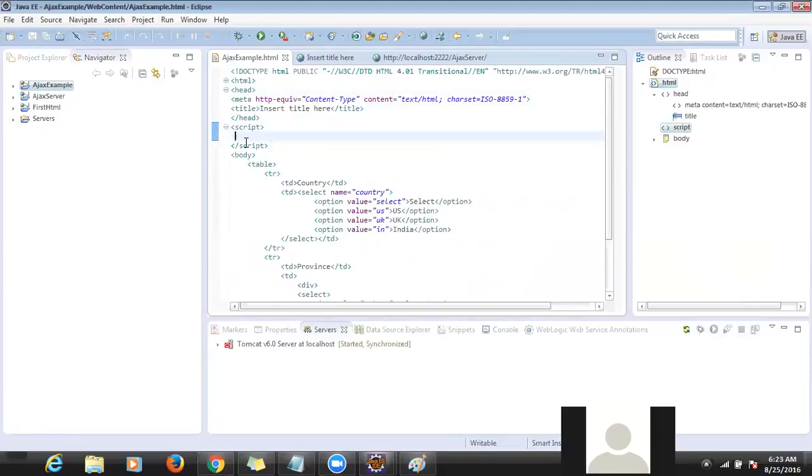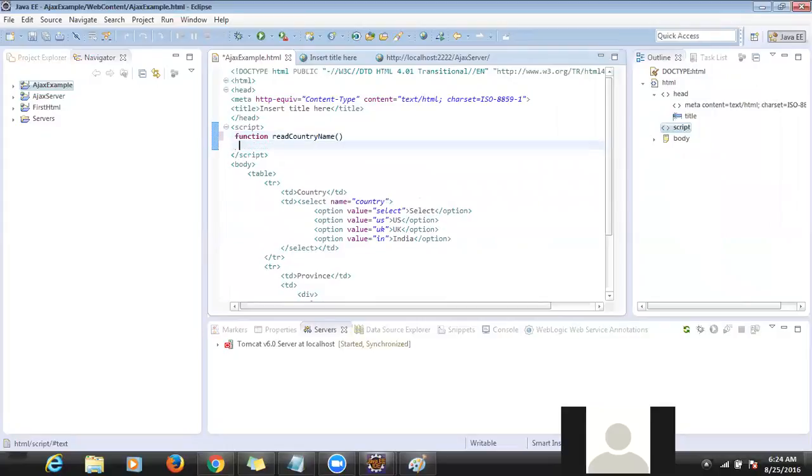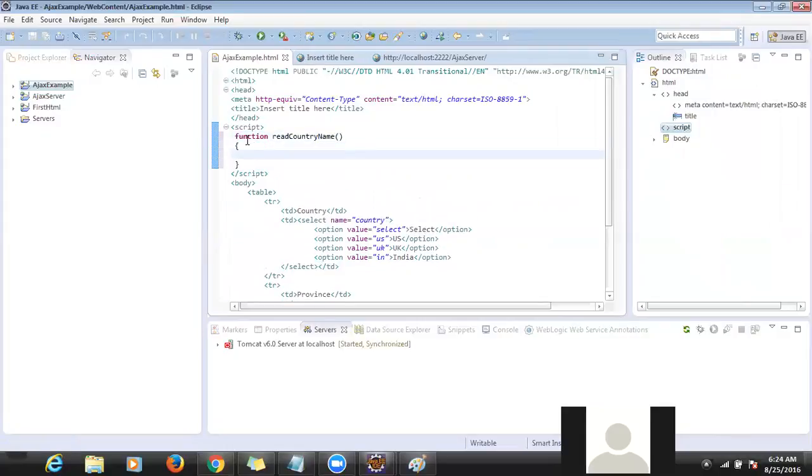So a JavaScript tag is ready. Inside that, what I had to do, I had to write a function. Populate, not populate, read country name. So this is the function. So when this function should be called, whenever you are changing the country name, then immediately we have to read